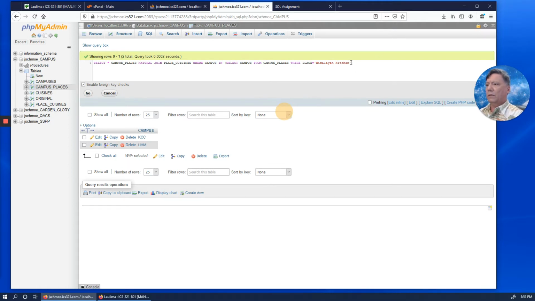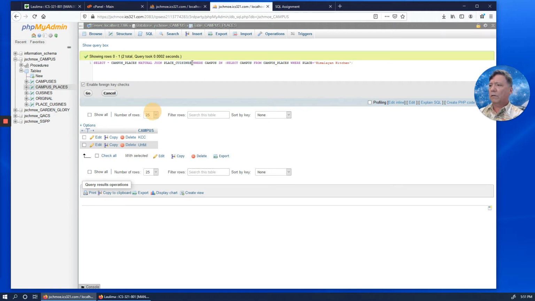All right, so this is going to be all of the campus places. And this is going to give us all of the campus places along with their cuisines.